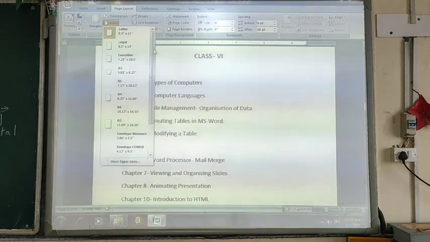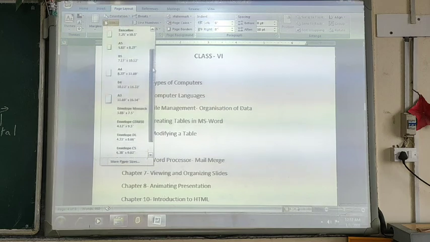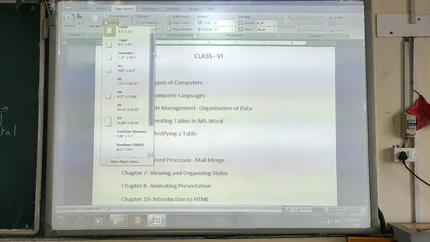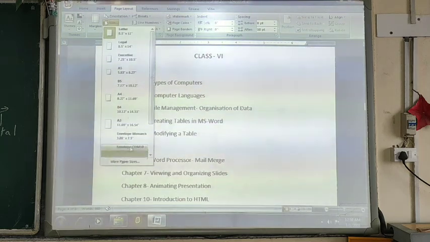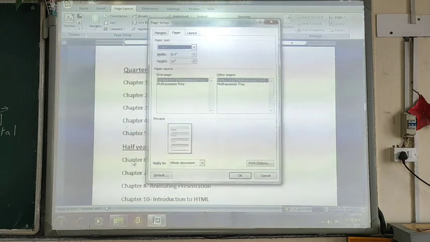As you scroll down, there is a scroll bar, and you will get more page sizes. Or if you want other paper sizes, you can click on More, and from here